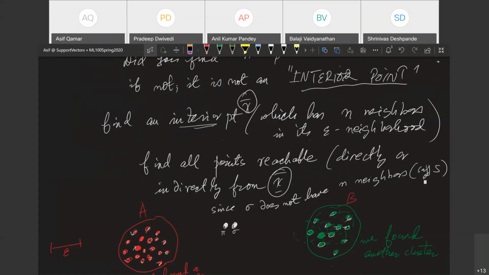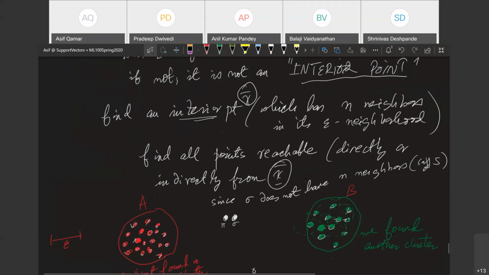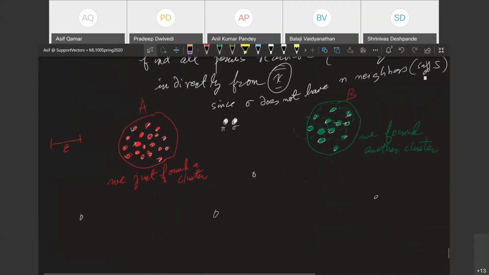But while that weakness is there, it's very effective. It works with non-globular clusters and so forth, like we saw in the lab last time. Saturday, we did the lab and we saw it. It works just fine with non-globular clusters. So that is DBSCAN, guys.